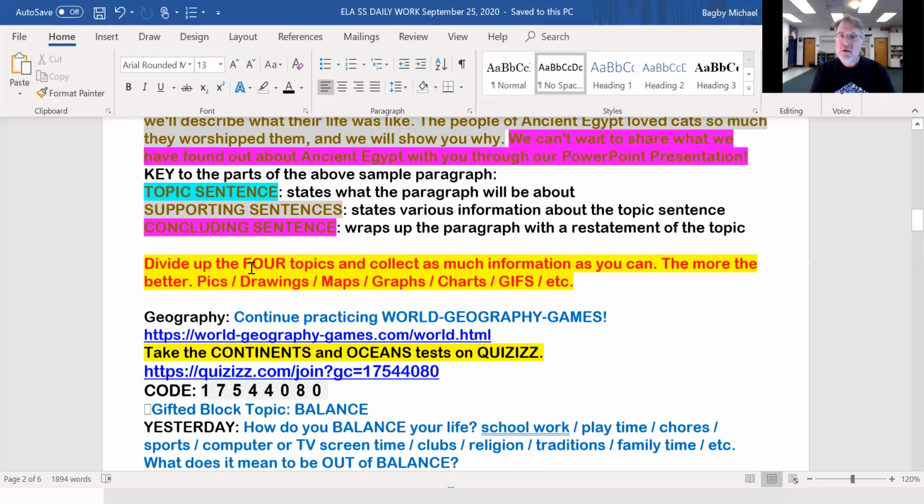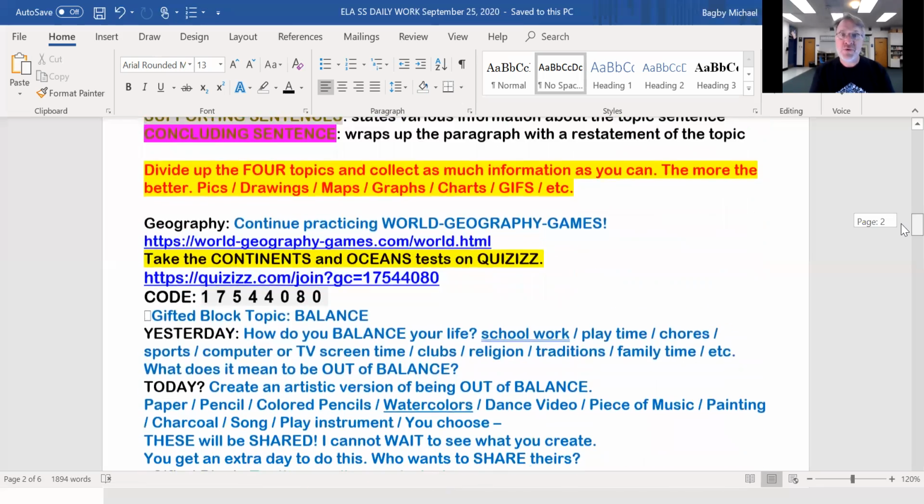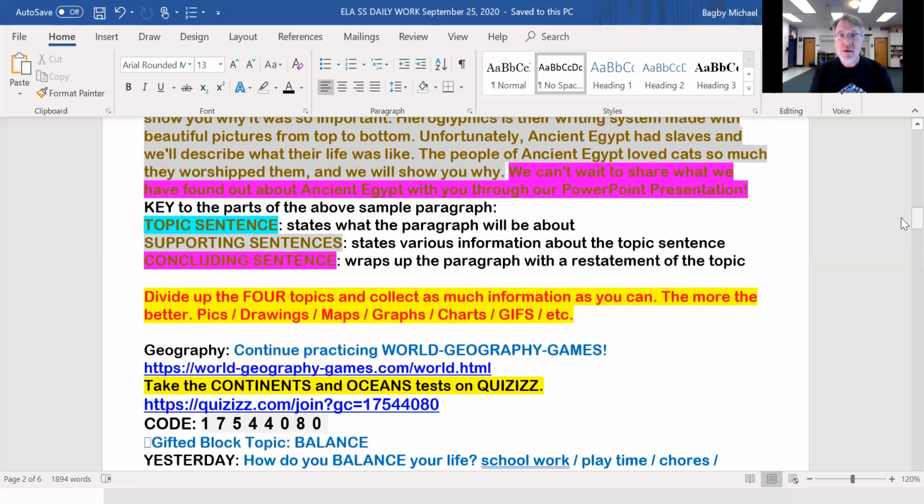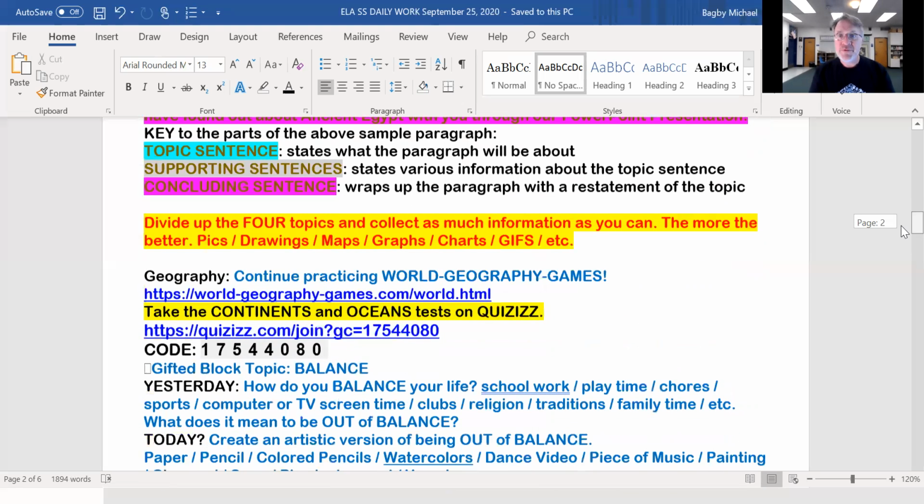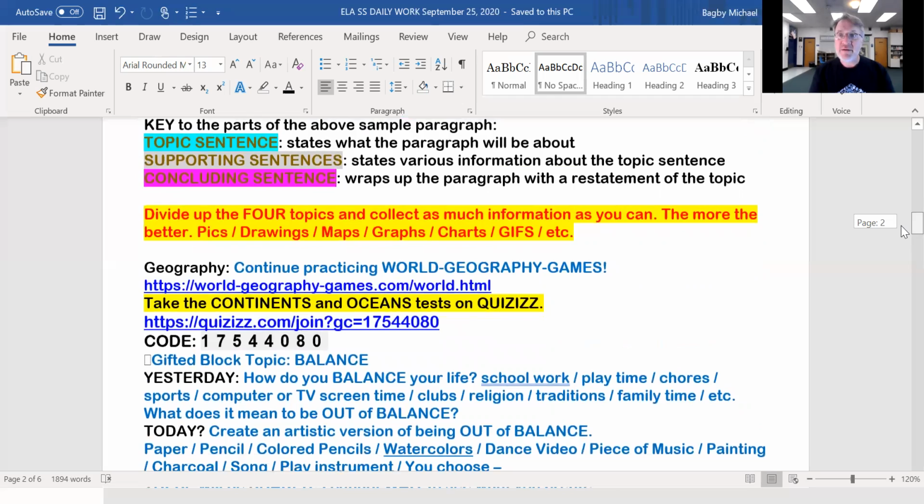After you're finished with that, please divide up the work. And you've got to let me know if there's somebody in your group that is not doing anything. Shocking. Certain people don't do anything. Who'd have thunk it? Well, it's just a fact of school and in teaching that sometimes students feel like, oh, I don't feel like doing this, so they don't. So please let me know who is not working, because if there is somebody in your group that's just choosing to not work and not do anything, well, I can just give them the whole assignment themselves and they can do it all by themselves. And that would be the fair way. So keep that in mind.